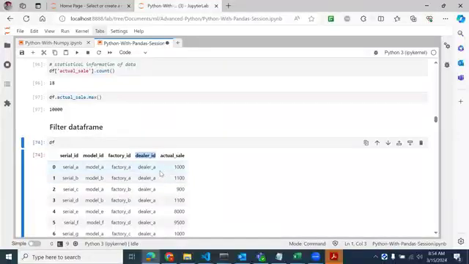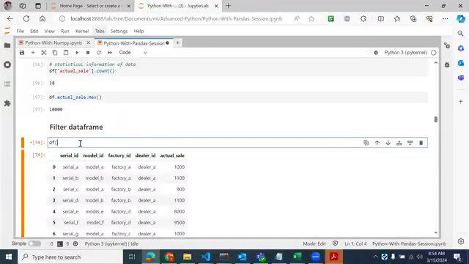So what is it basically saying? In the dealer ID column, I need the rows that are equal to dealer A. So we'll go in that way. We have a column that is dealer ID, so let me select that column first. That is dealer ID. If the dealer ID is equal to,